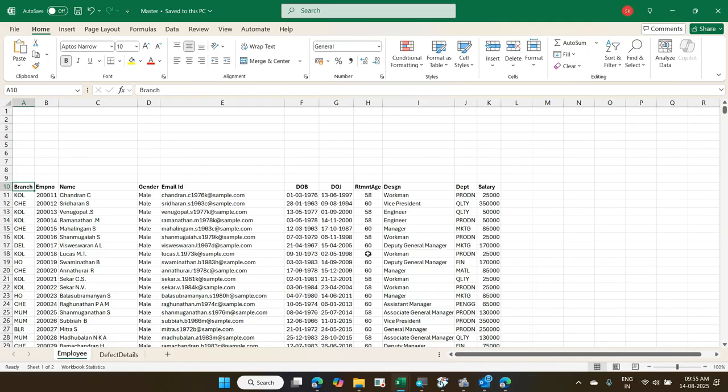B. But B, very good. But don't select the entire B. Select only the range. Only the range where we have the lookup value. Okay. Third